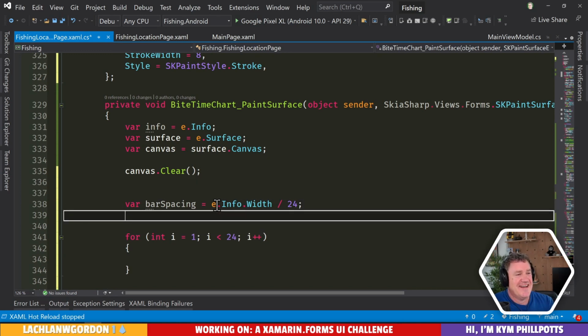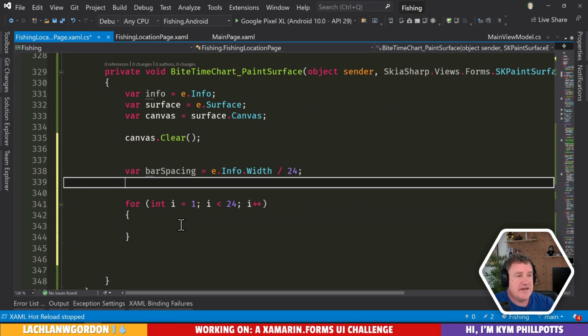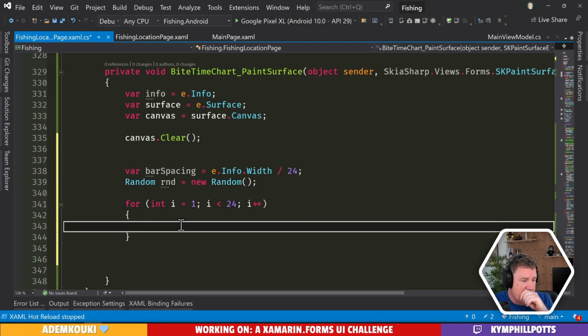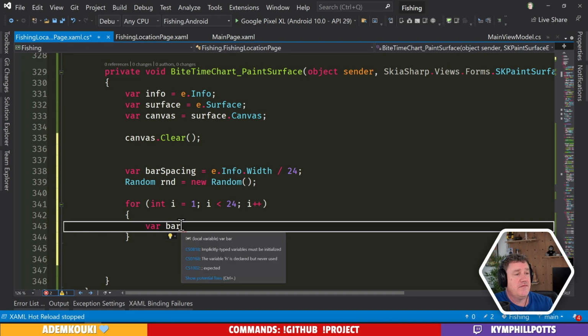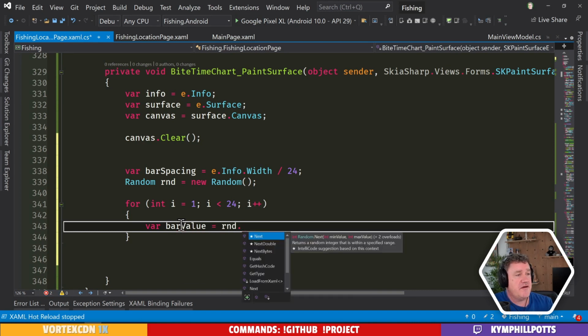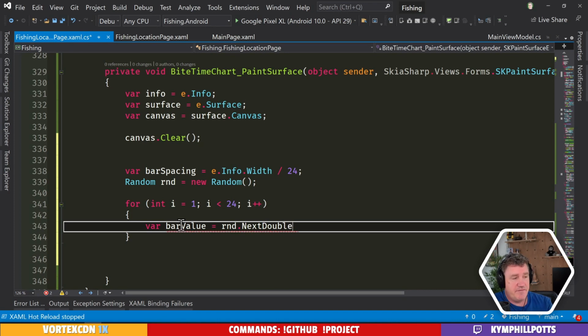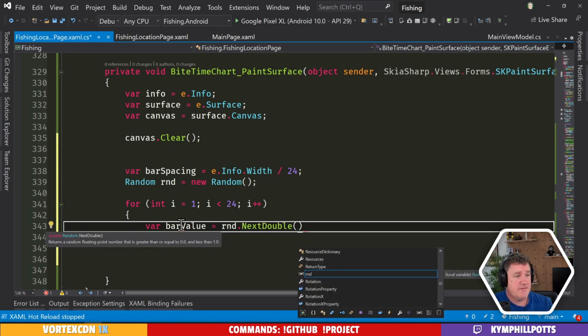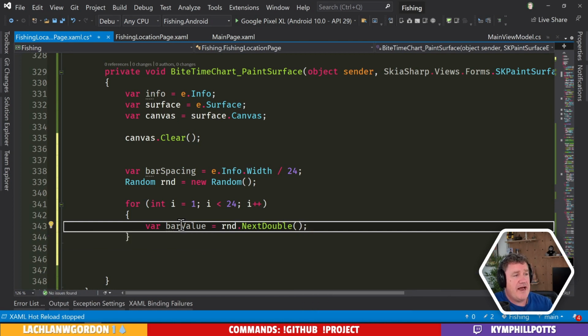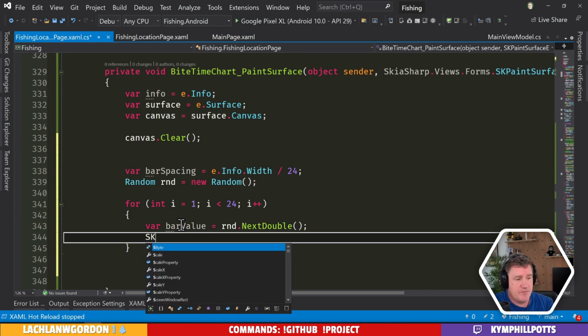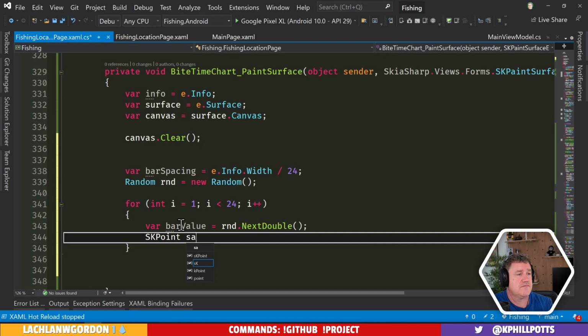All I'm going to do, sorry, I'm getting weird at this point, is I'm just going to create a random. Rnd equals new Random. Right, cool. And then I'm just going to generate a number between 0 and 1 for the bar value. So we'll just say random next double, which is going to give me a value between 0 and 1. It's greater than or equal to 0 and less than 1. Right? And we'll basically have a starting point for our bar graph, which is going to be